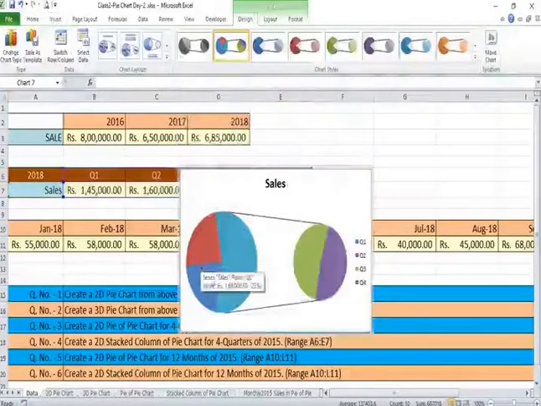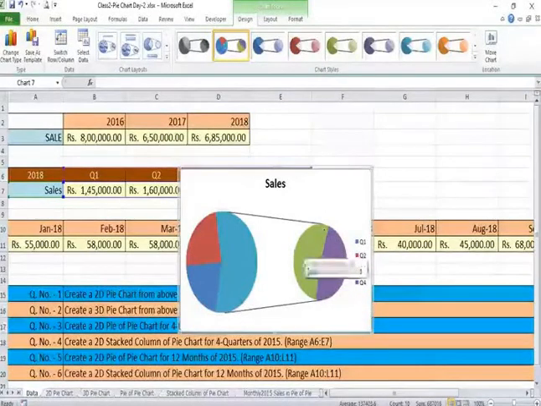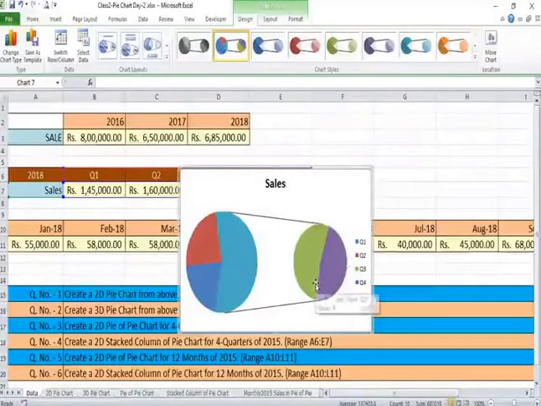For 2 quarters, the data is here, quarter 1 and quarter 2. For 3rd and 4th quarters, a different pie has been created. That is why this is called pie of pie chart, for 2 quarters, quarter 3 and quarter 4. This is the pie chart.